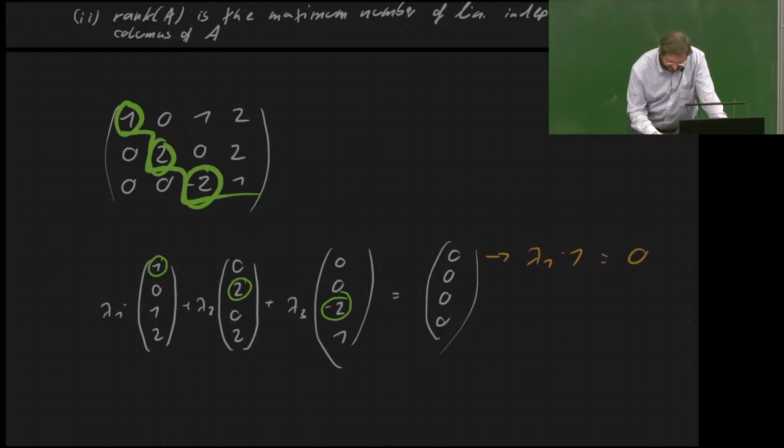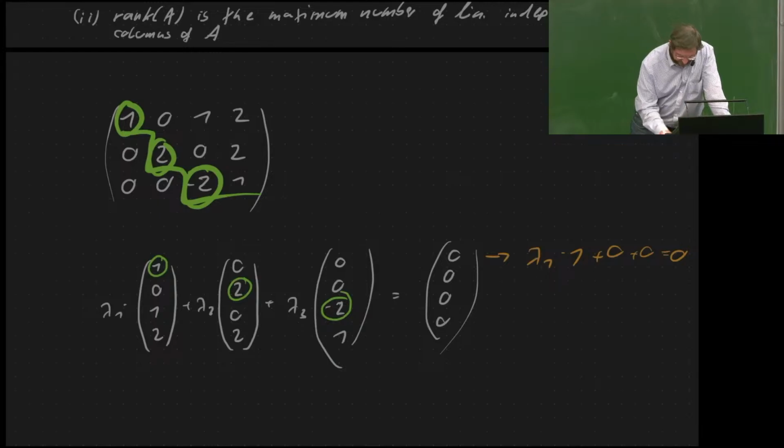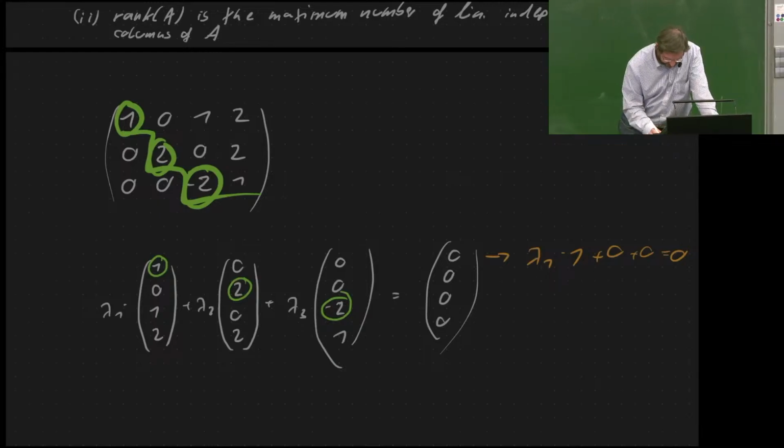Let me write out the zeros actually. That's maybe more instructive. The second row